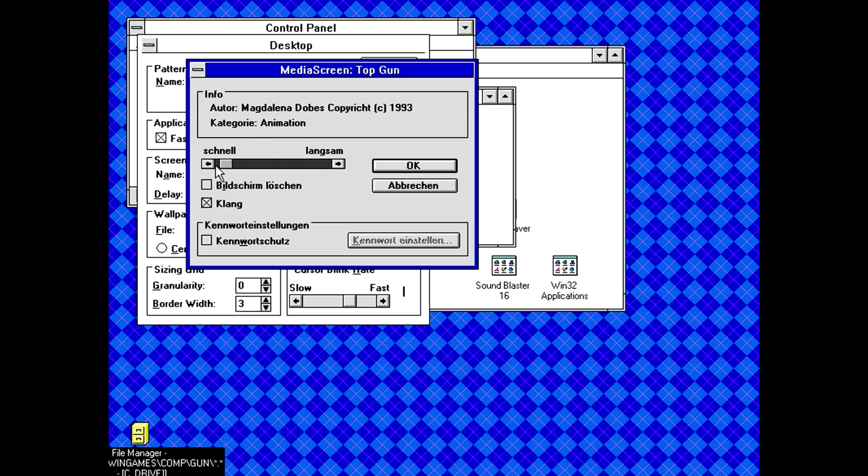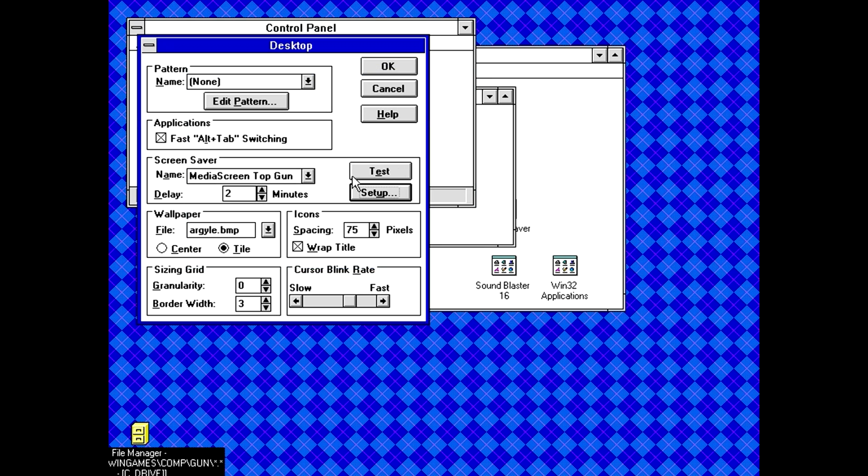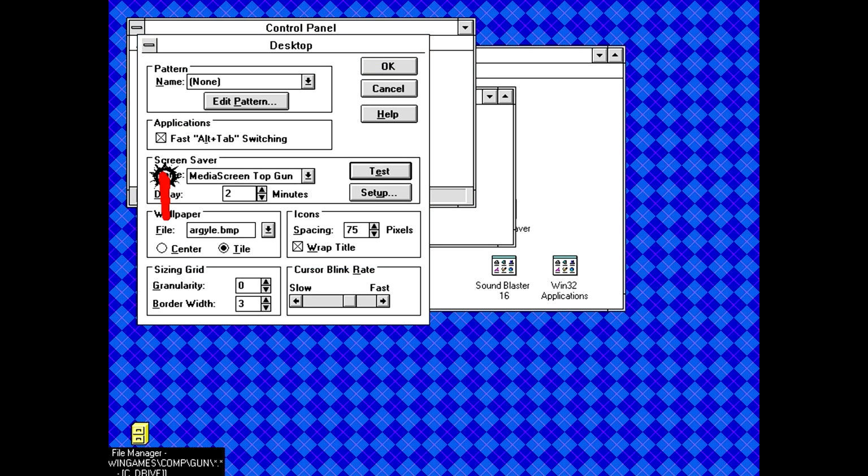We have a bar here that does something. Just by nature of those words, I'm going to guess this means short and this means long. That's just a guess, though. There's also a clang. I don't know what that's about. Well, let's just leave it like that and see what it...